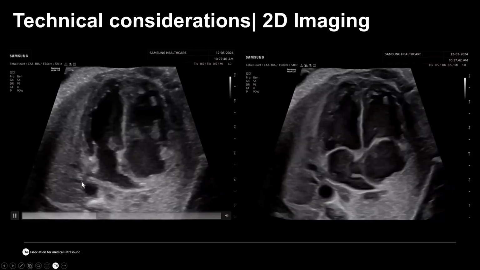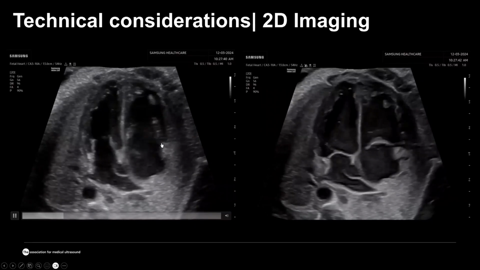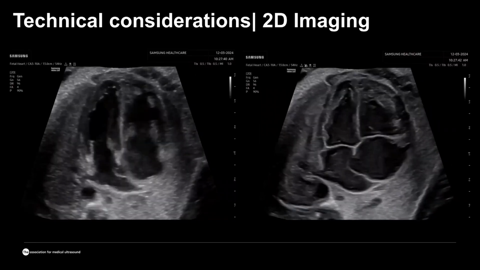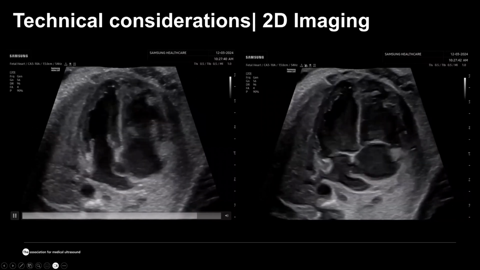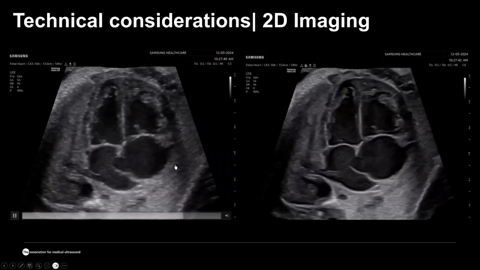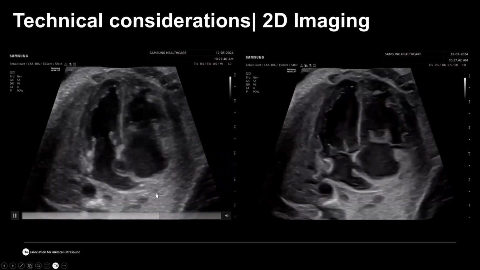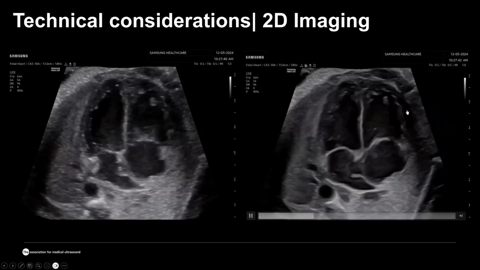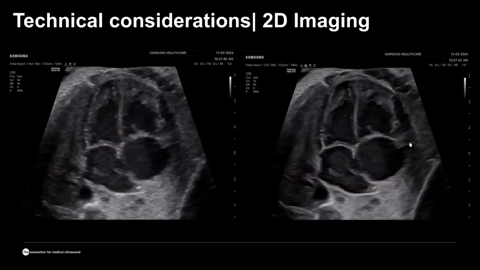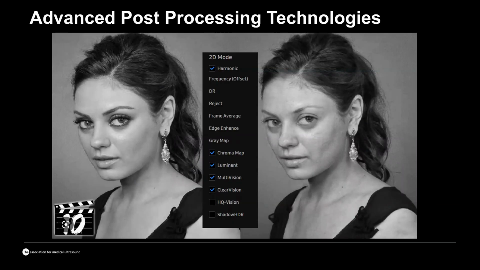So how can we jump from this image, which is our best image possible? You can see that historically the pediatric cardiologists like the image being a little bit grainy, shows pretty well all the structures we are looking at. But how can we jump to this one that shows even better resolution of all those details? Here we have a lot of advanced technologies, and in particular the post-processing technologies that allow us to do what is really demonstrated on this picture.